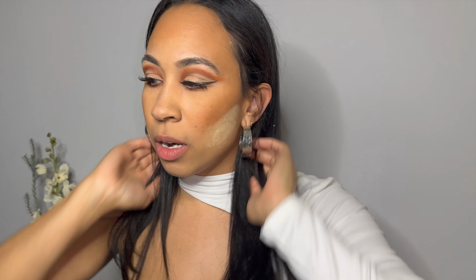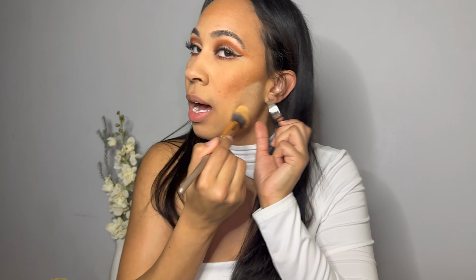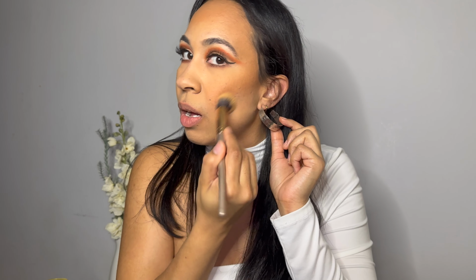As far as my makeup journey and wanting to be a freelance makeup artist, the hardest part to me is being able to afford all of the makeup products, because whenever I do start, I do not want to be using the same products that I'm using on my face with my clients, just because I feel like I should obviously have my own makeup, and it is not cheap building your own makeup kit. I do have some makeup for clients, but I do have to keep building that. But I'm working on it, and I do feel like I will have an established kit pretty soon. I do feel like I am pretty confident